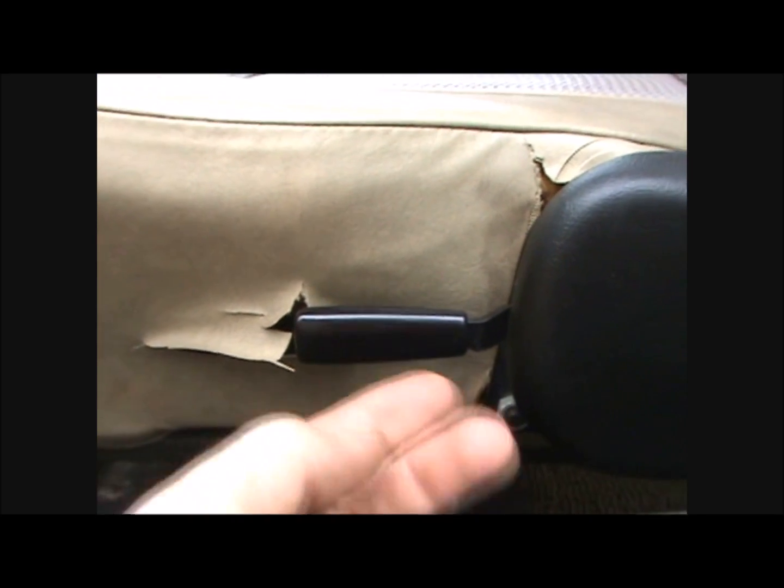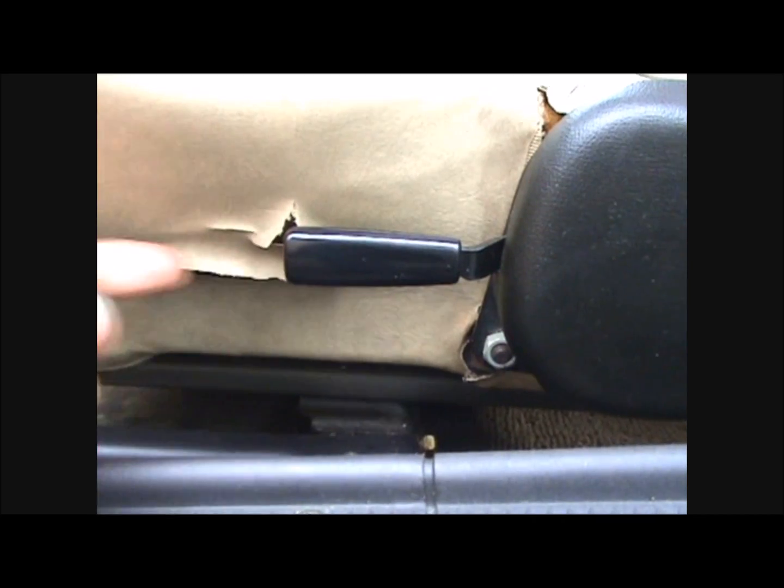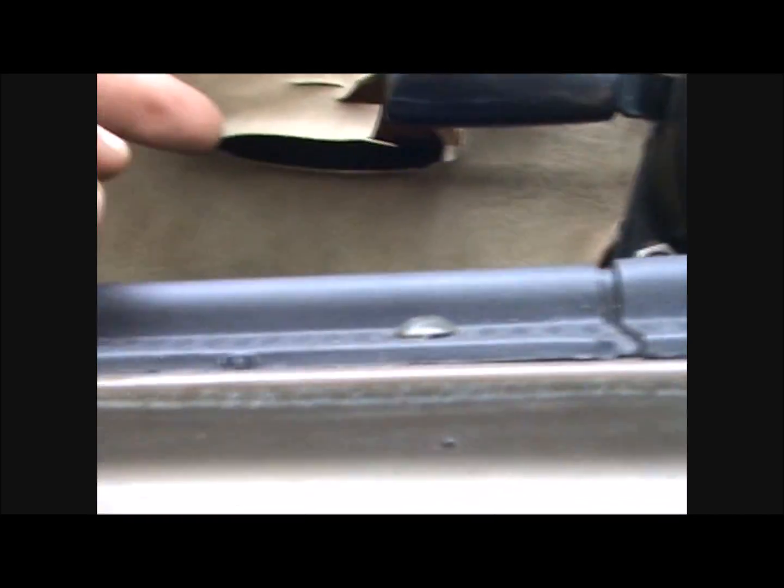Again, right over here on the other side, just a little crack. Then the worst part is this thing right here on the side where your little handle is to pop the seat up and down. You got a nice tear there right behind there. Okay, you got a little crack right there. But overall